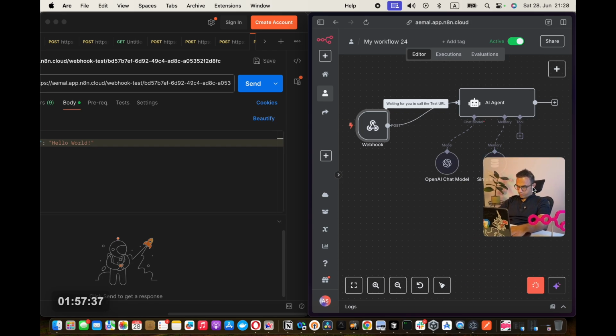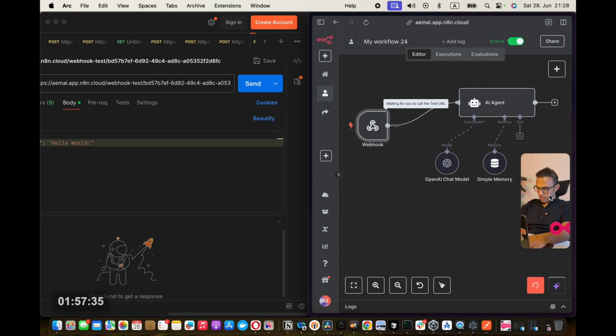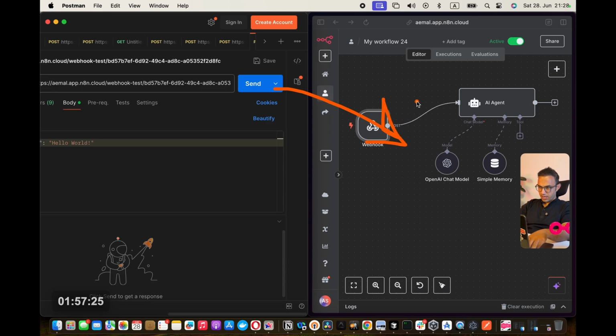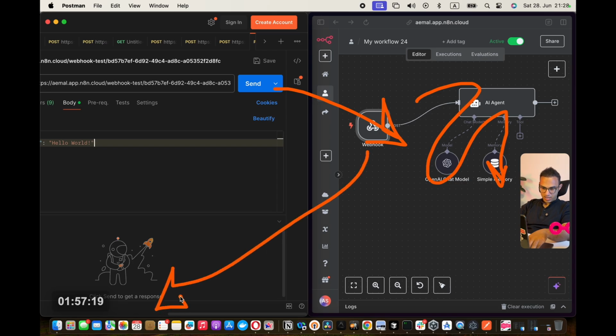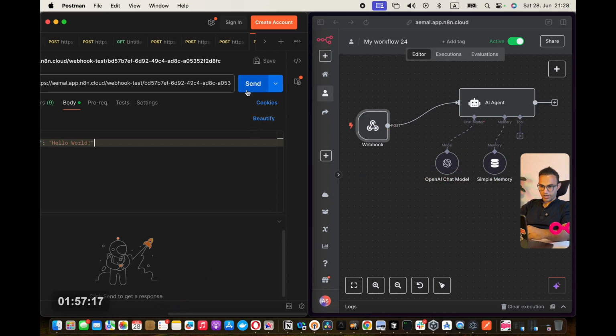I'm going to make sure that this guy is running. And I have set up everything here. If I click on the send button, it should send a request to this guy. And then all the workflow execution should work here. And then I should see something back here. If everything is working fine, it should go like that.